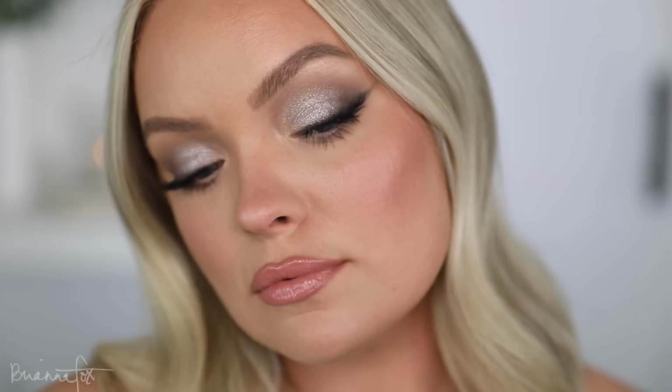Welcome back. Today I'm going to be walking you through this classic cool toned bridal makeup look. I love this. It's giving straight up Cinderella vibes. I feel so glamorous with this look. I love this. So I'll walk you through it step by step, give you all my tips and tricks for